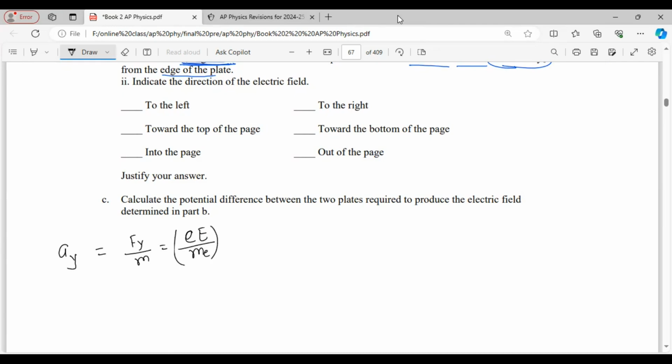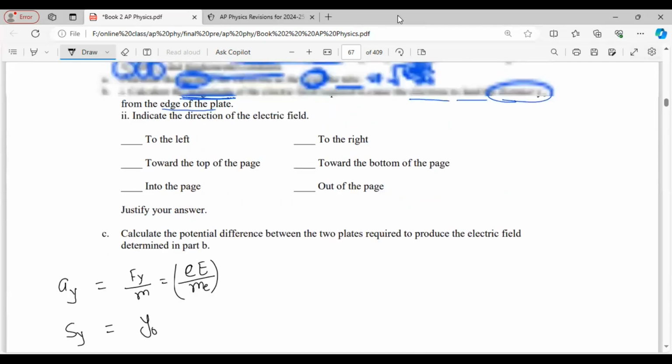Since I am already saying that it's a downward acceleration, I don't need to put a minus sign here, because it's already indicated in the diagram also. I'm saying also this is downward acceleration. So this is the acceleration in the downward direction. Now, how much distance is traveled in the vertical direction? It's a y naught distance, right? As you can see, it's a y naught distance